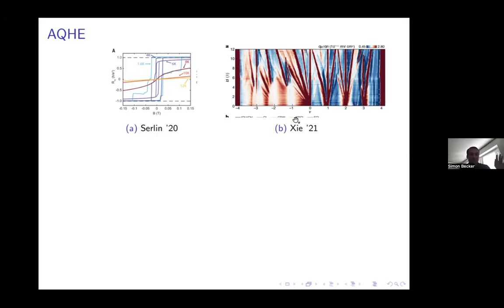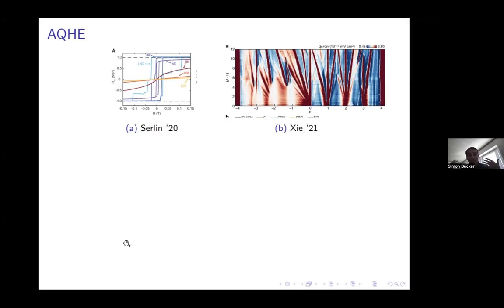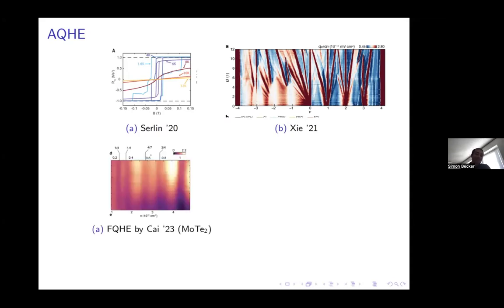So it's maybe more important to understand a bit of the story. The fractional quantum Hall effect was first measured with an external magnetic field. Then the anomalous fractional quantum Hall effect, so the fractional quantum Hall effect without a magnetic field, was not discovered in twisted bilayer graphene. But then what happened is that in these semiconductors, these transition metal dichalcogenides actually, and